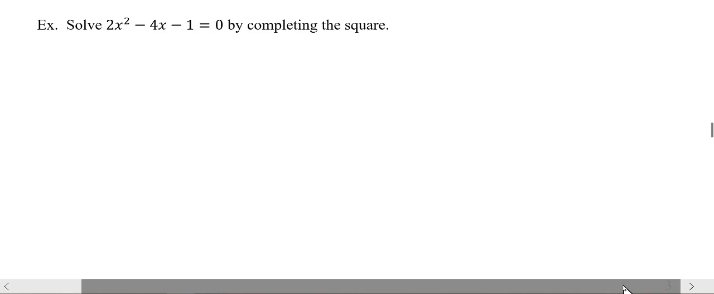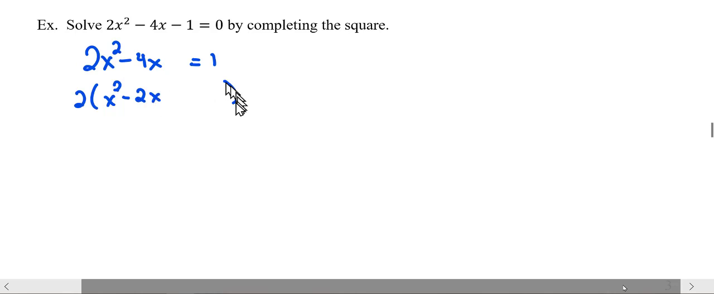The first thing that I notice is that this coefficient on x squared is not 1, okay? It's a quadratic equation, but my coefficient on x squared is not 1. So I need to deal with that. I am going to add 1 to both sides of this equation so that I have 2x squared minus 4x equals 1. And then I'm going to factor out the 2 there. I'm going to leave a little bit of space because that's where I'm going to complete my